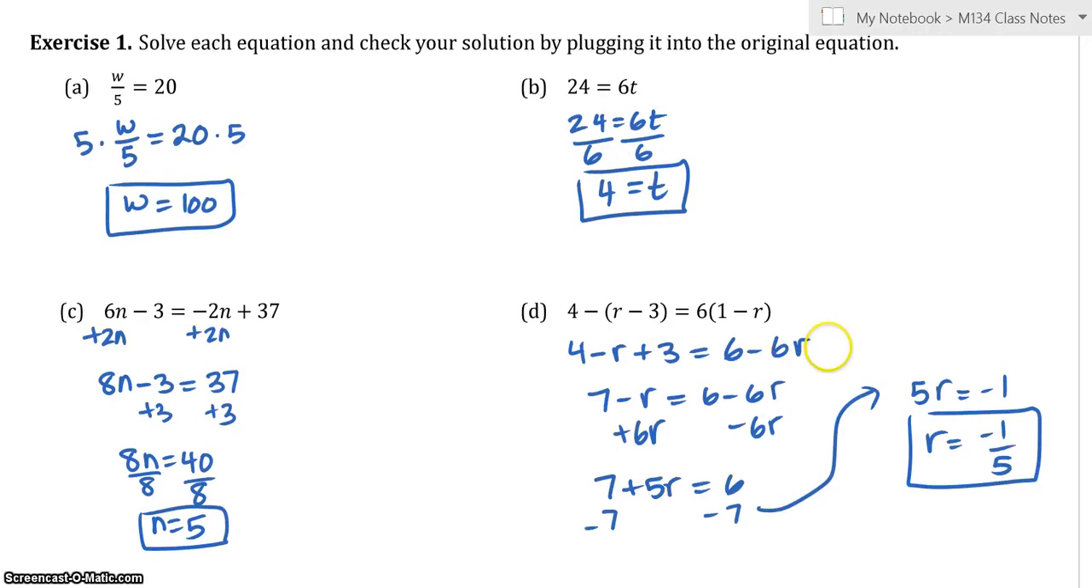For the last one, here is the solution. First, I got rid of the parentheses. Then I combined like terms. I decided to add the 6, and then I solve for